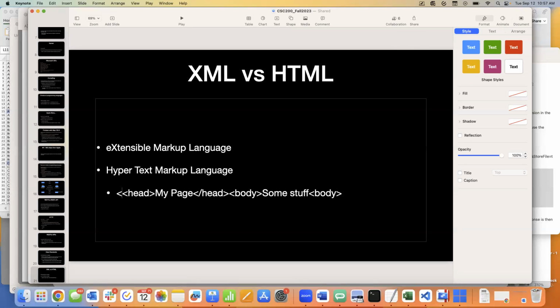And all that would be inside of an HTML opening, closing tag. Like that. So that'd be a very simple web page. It just has at the very top the header that says my page, and then inside it would just say the word some stuff. Wouldn't look pretty, wouldn't have bold or anything, there's no pictures, just a simple web page.